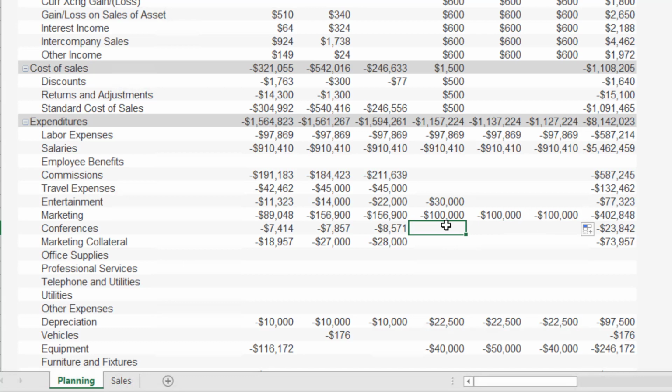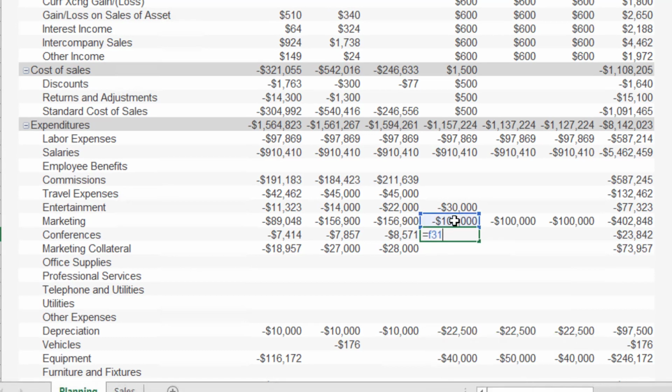So I could now say here, for the conference I want to use a percentage of 20% of my marketing budget. And like in Excel, you can use any Excel formula. So I could just say here F31, and we assume 20%, times 0.2 is my marketing collateral, and again just drag this down,